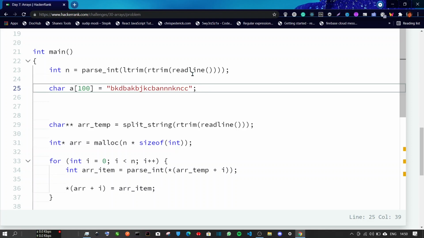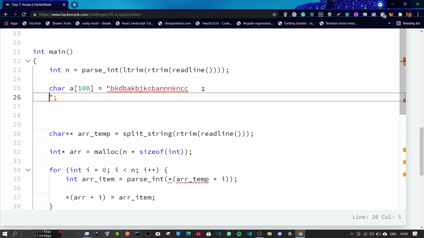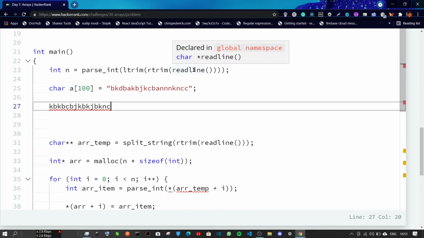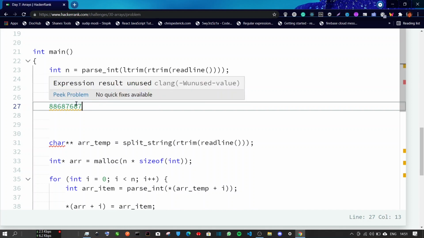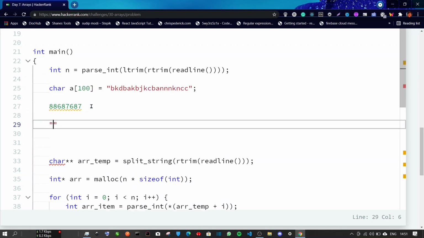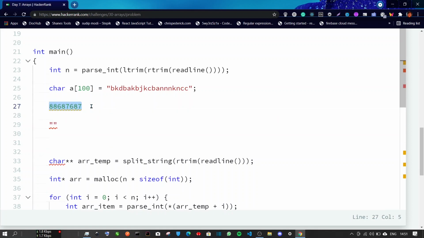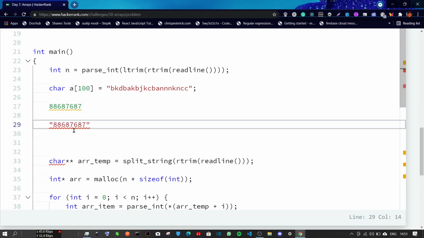The readLine function is used to, as the name suggests, read a line. So let's suppose we put an input like this on the line. This will be the input that the readLine function takes, and we can also take an integer, but this will be interpreted as a string. So the readLine function will take this as an input and convert it to this. This number will be converted into a string, so it will become like this one.